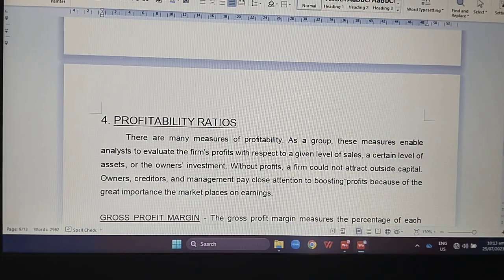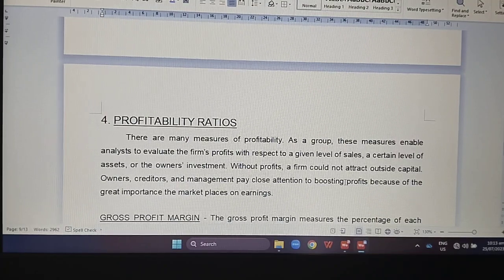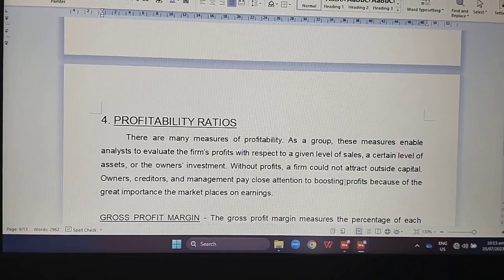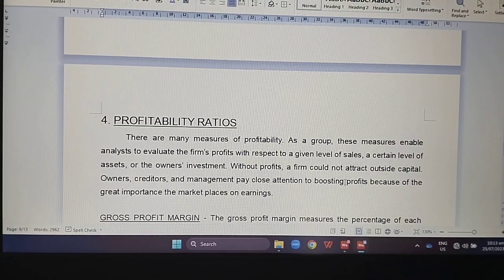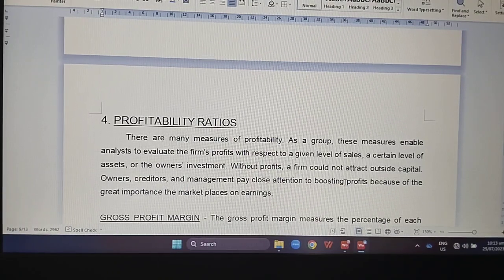Without profit, a firm could not attract outside capital, natural. Sino ang maiengganyo mo na mag-invest kung walang kita? Okay? Kaya owners, creditors, and management pay close attention to boosting profit because of the great importance the